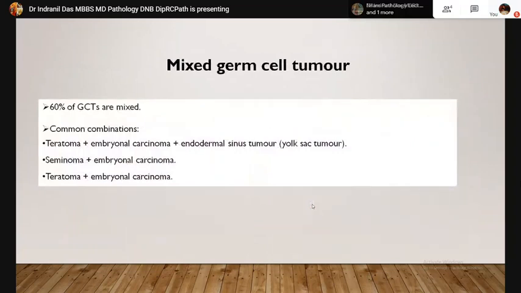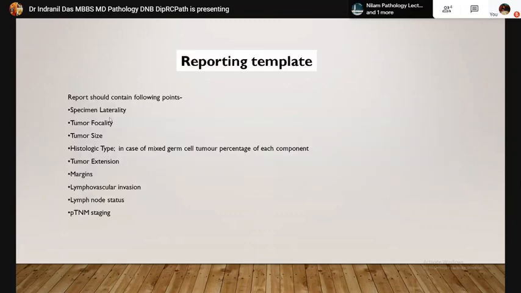Mixed germ cell tumor: 60% of the germ cell tumors are mixed. There may be a combination of teratoma with embryonal carcinoma and yolk sac tumor, or there may be a combination of seminoma with embryonal carcinoma or teratoma with embryonal carcinoma. During reporting, in case of a mixed germ cell tumor, we need to mention the percentage of a particular component in the reporting template. Now the reporting template, the report should contain the following points,